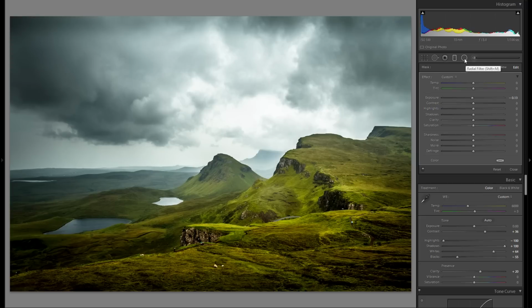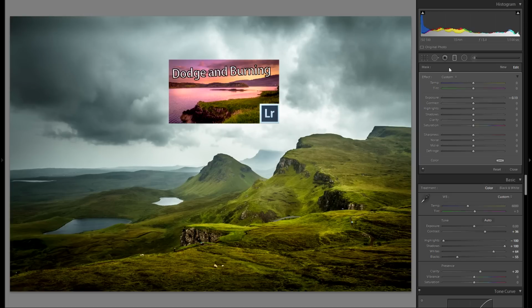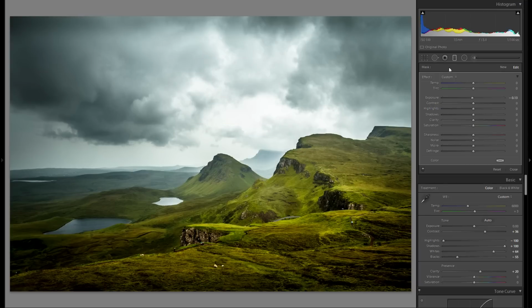The only thing, and the very important thing that I want to do here, is add dodge and burning. Now, if you don't have any idea of dodge and burning, you can just click this tutorial right here about dodge and burning, which will explain everything about it very thoroughly, and it will open in a new tab, and you can go watch that and come back after. But in a nutshell, it's just making individual parts of your picture darker or brighter, and that way you really can complexify your light. You can make your whole lighting scheme a lot more